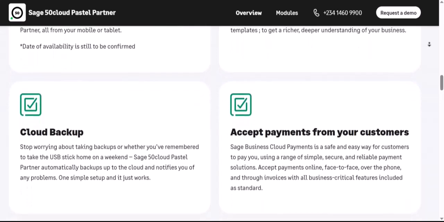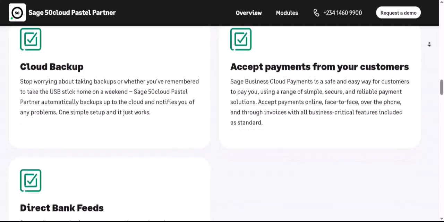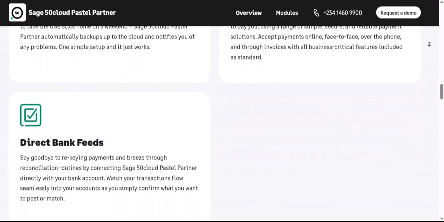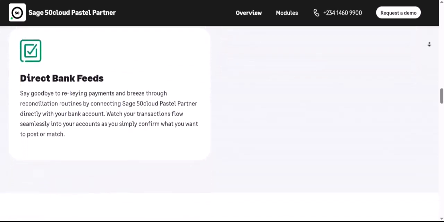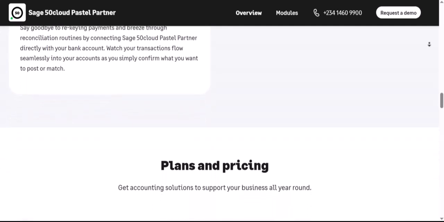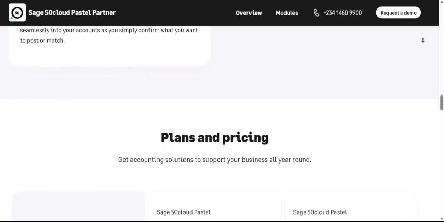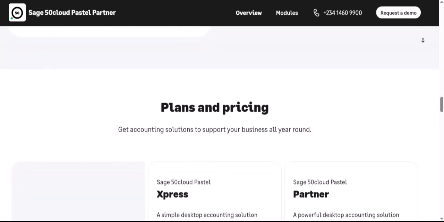ensuring financial compliance. Furthermore, Sage Intacct offers strong multi-currency management capabilities. For businesses operating internationally, dealing with transactions in multiple currencies can be a significant challenge. Sage Intacct simplifies this process by allowing businesses to manage transactions, track balances, and generate reports in multiple currencies. It automatically handles currency conversions and provides